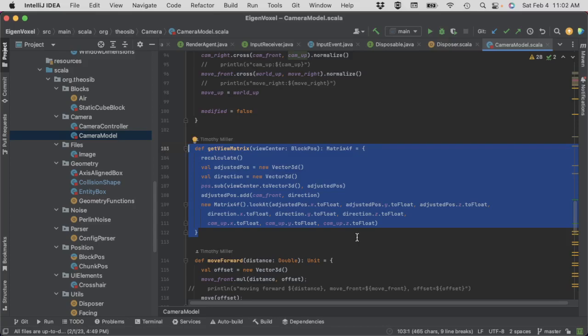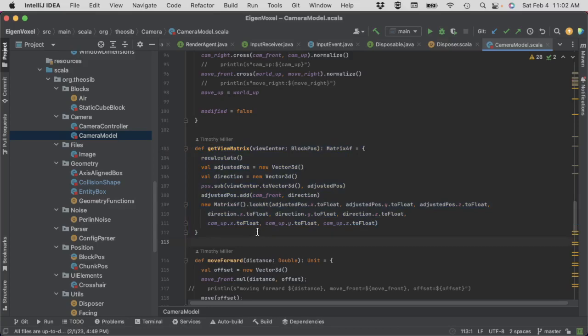There's two matrices you have to deal with: a view matrix and a projection matrix. The projection matrix is set on the game window, and it has to do with depth foreshortening. And then you have the view matrix, which is like your orientation within that space. That has to be recalculated pretty much every time you want to use it, because